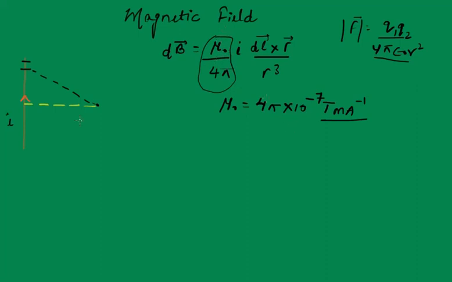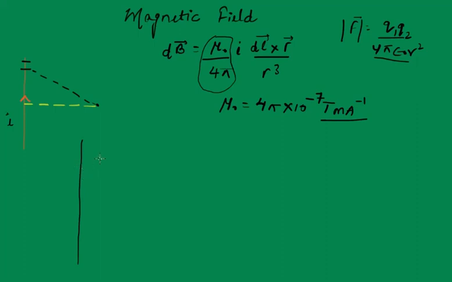Now let's try to find out the other terms in this expression. We have I, we have dl, we have r. I is simple: I is the current flowing in this wire. Let's find out what dl and r are. Let's first understand dl. dl is the current element in the wire. A wire can be infinite, you can have a very long wire. Of course, we want to find out the magnetic field due to the infinitely long wire.